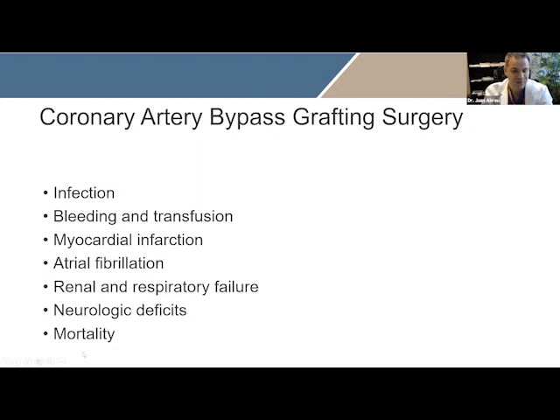Can you die from this operation? The answer is yes. The chances of dying vary on your medical problems, but there's about a 1 to 2% chance of that happening, either because of a big stroke, a big heart attack, a big blood clot, and all these things. But even getting a haircut or getting plastic surgery, you can have issues, right? So it's a low chance, but it's not zero.